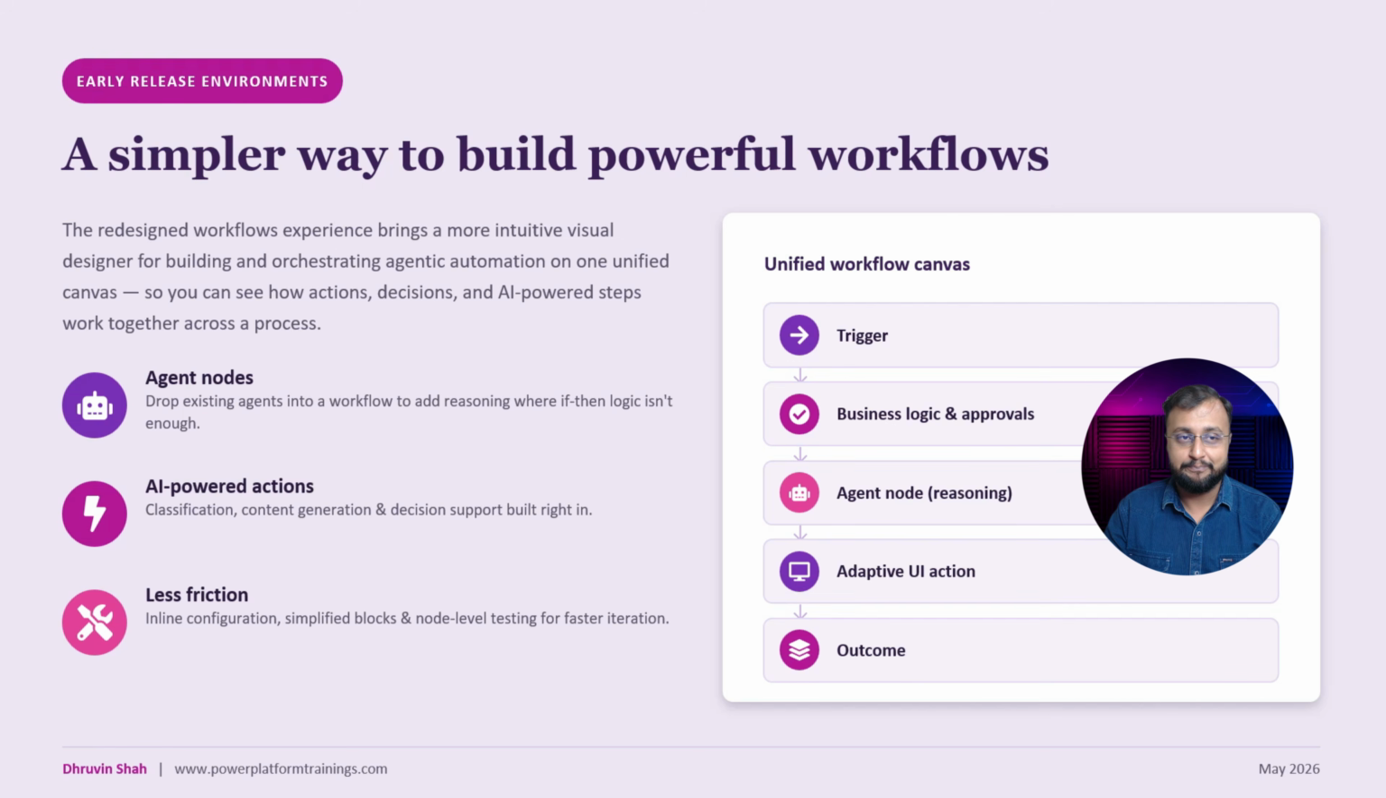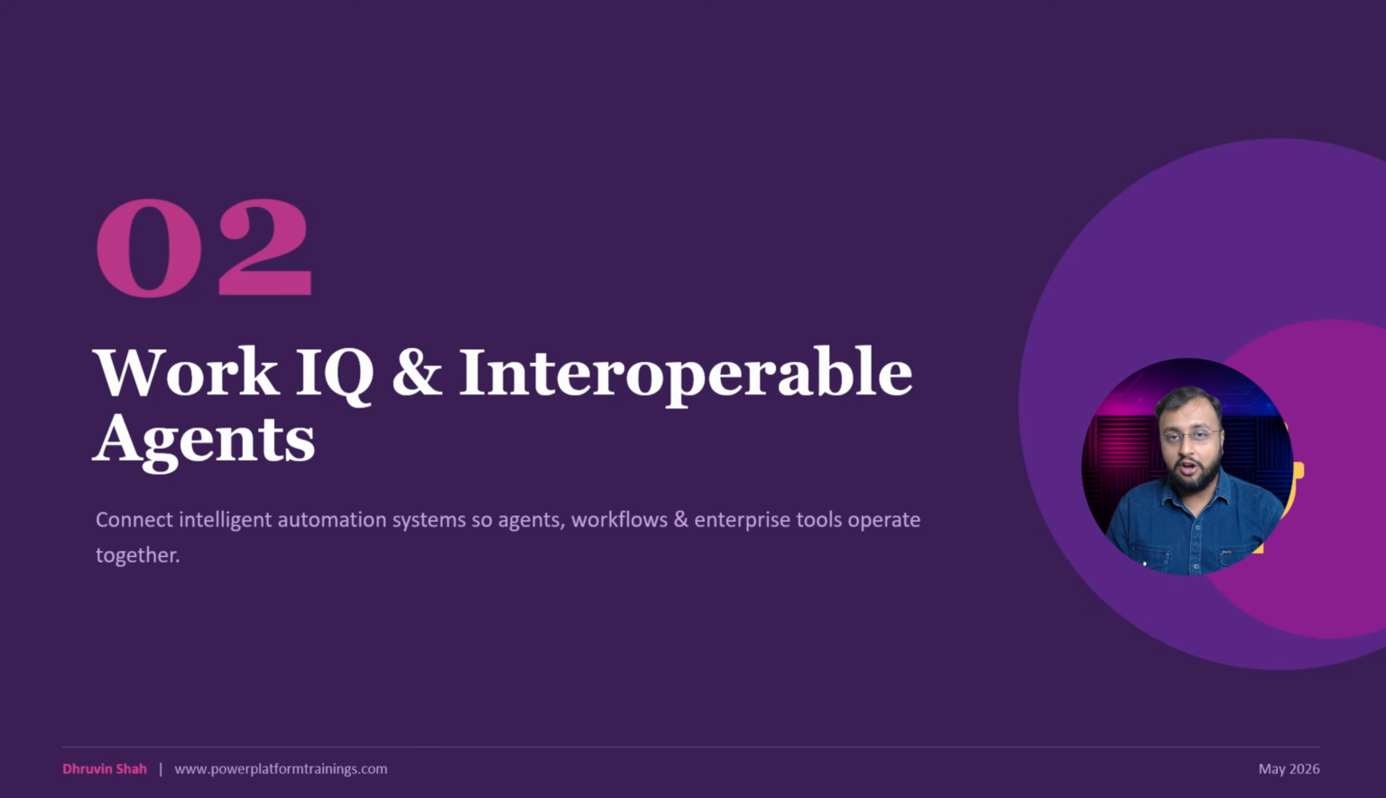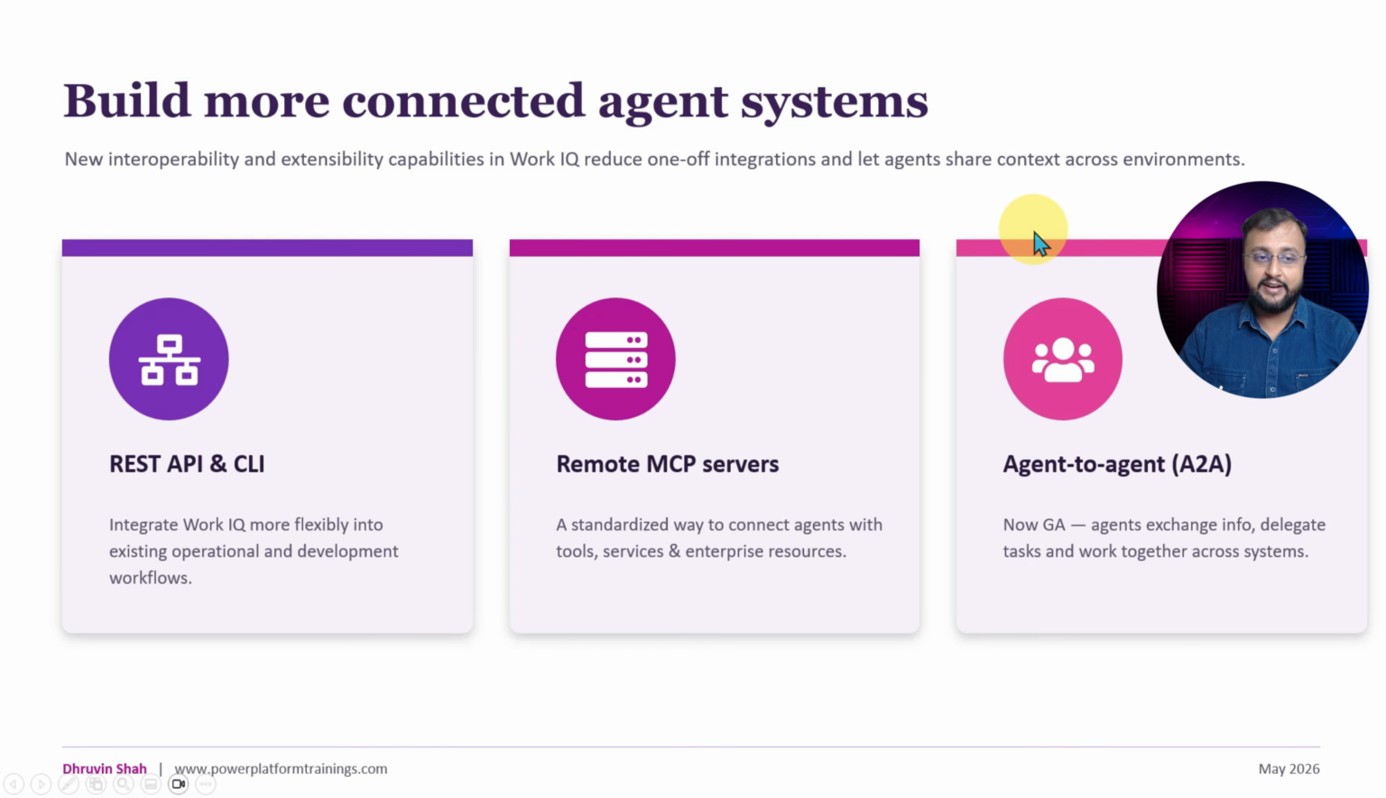Next, we'll talk about some improvements around Work IQ and interoperable agents. Now, what does that exactly mean? Basically, nowadays you can connect intelligent systems, intelligent automation, workflows, and enterprise tools to operate and work together. Now, Work IQ, we all know that it is basically providing you the overall picture of your Microsoft